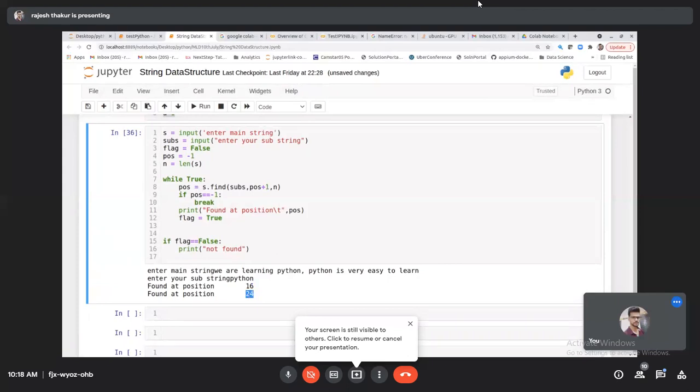ओके, so /t, why I wrote /t? Because it will put a tab here. Can you see this gap? This is just because of /t. /t का मतलब होता है टैब, ठीक है।